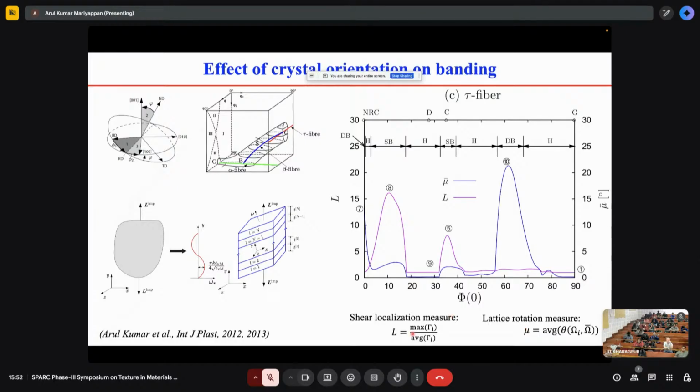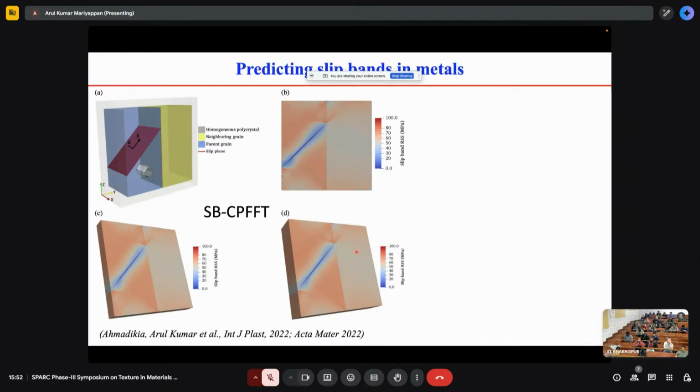If any crystal orientation, say here phi is an angle, one of the Bunge angles that shows the tau fiber variations, at any material point has both shear localization and lattice rotation, then we name it shear banding. Where we have only lattice rotation without shear localization, we call it deformation banding. Where we have neither, the grain is deforming homogeneously. So we can quantify which grain orientations can lead to the formation of shear banding and deformation banding. By following this approach, we later employed this full-field model to predict